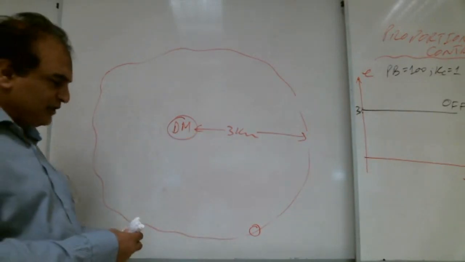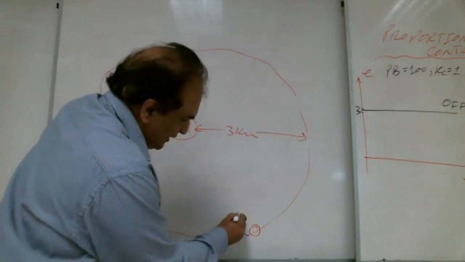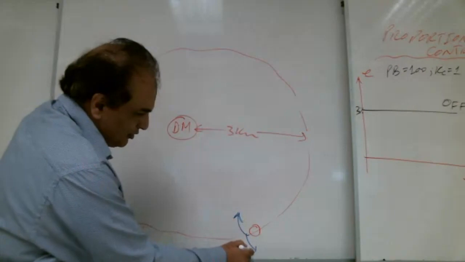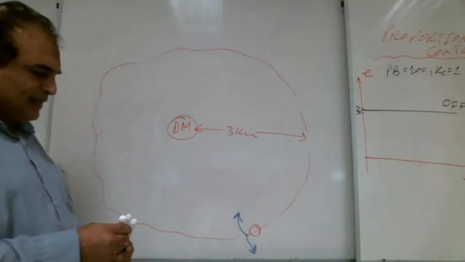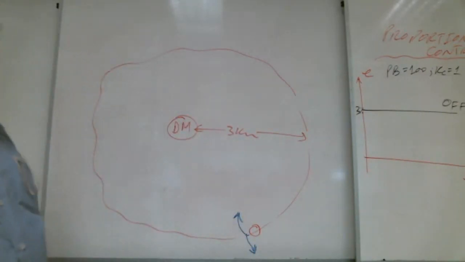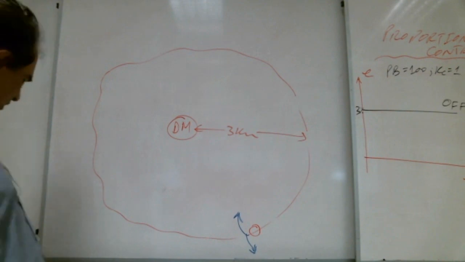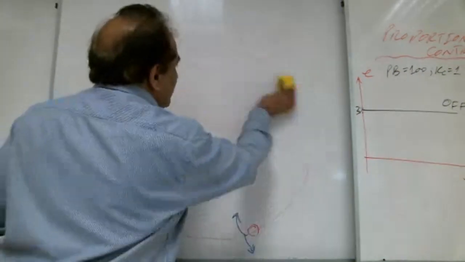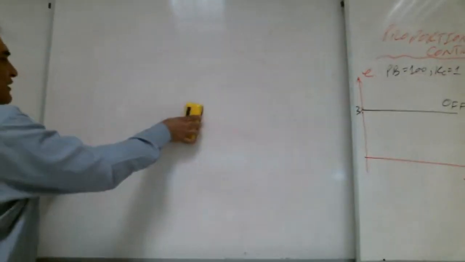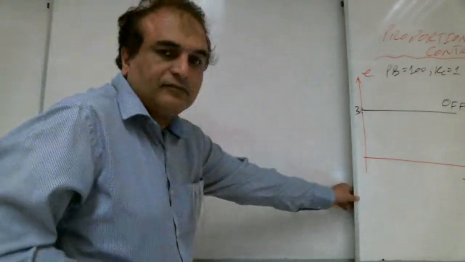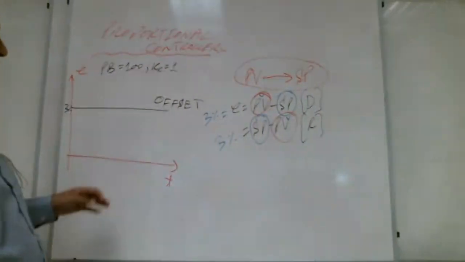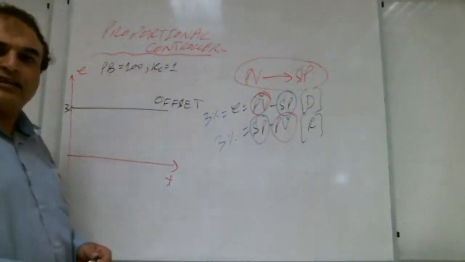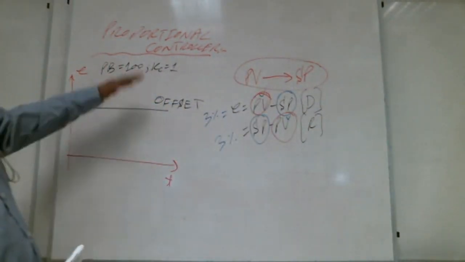No. Now what is the solution? Either you move this way or you move this way. Somehow you change. Then there is a possibility to reach the Dhahran Mall. So we need to change this error. This offset error, constant error, cannot bring PV near to set point. So we need to change it.